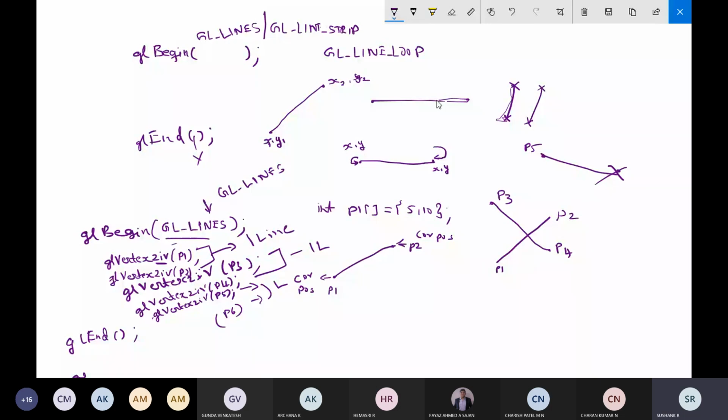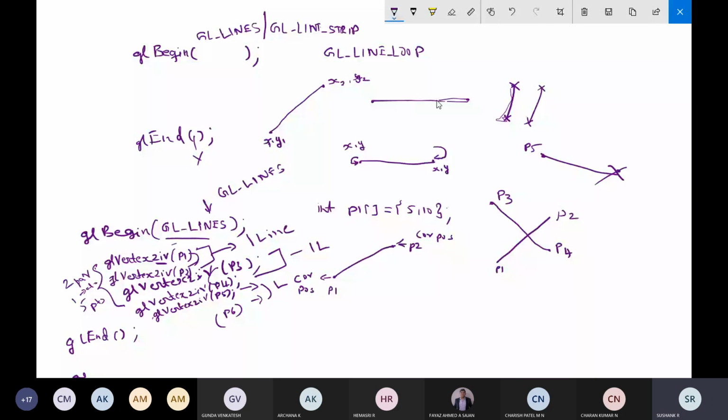So now I will just give the definitions. I'm talking about GL_LINES. A set of lines between each successive pair of endpoints in a list is generated. Here in our list, we have 5 points. It contains two pairs and one is alone. So these are the successive pairs: P1 and P2 are a successive pair, P3 and P4 are a successive pair. The lines in the list are generated using this GL_LINES constant.